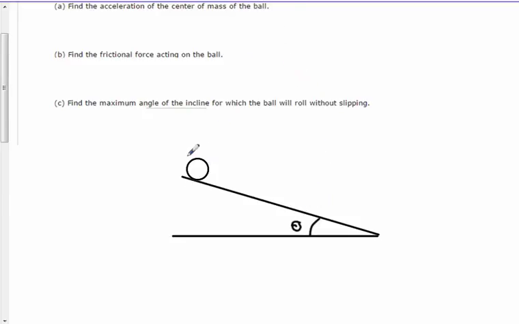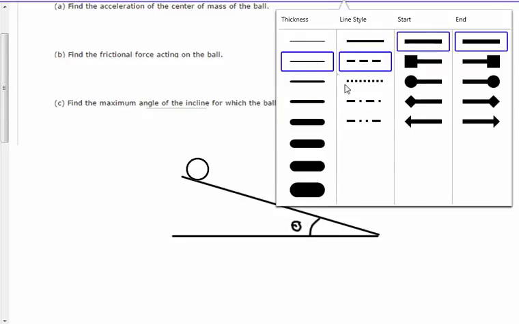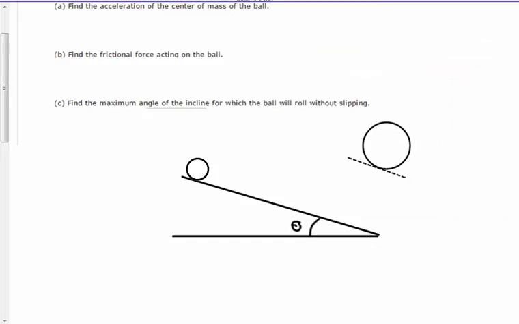Now I'm going to take the basketball. We're going to draw a free body diagram of what's taking place at this. I'll make the basketball a little bit larger. I'll draw a line to represent that slope, maybe off a little bit with the angle, but I think you'll understand what I'm saying. I'll de-emphasize the line so you can see that. Alright, if we draw our free body diagram of the basketball,